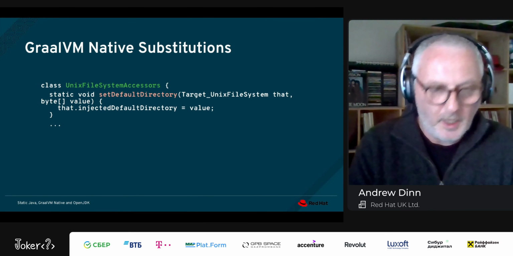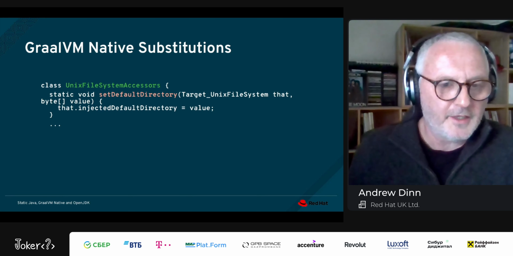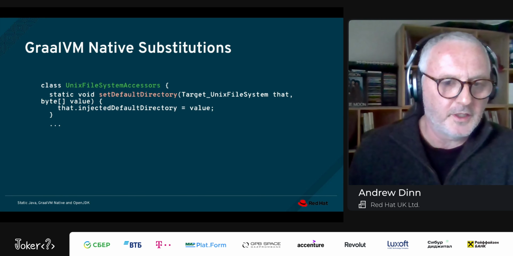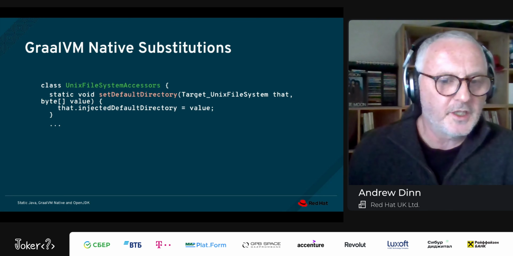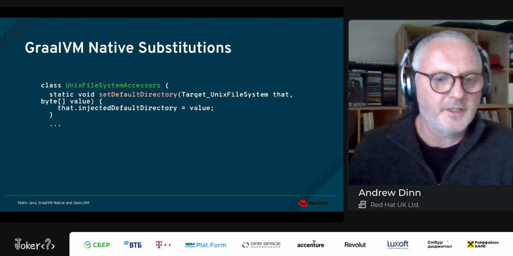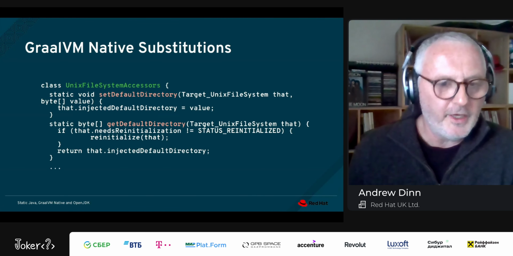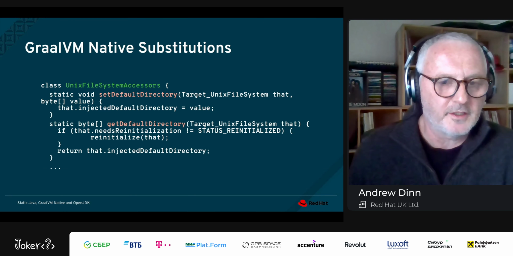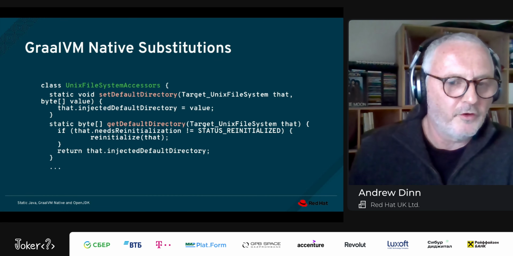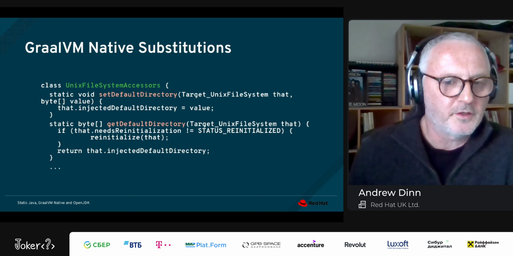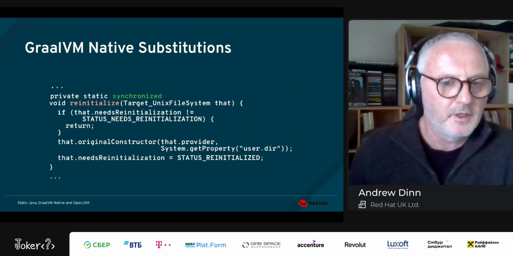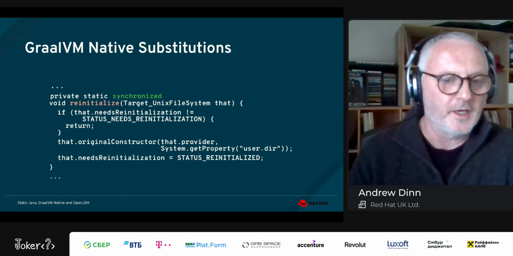Okay, so that's fine. What do the accessors do on this auxiliary class, Unix file system accessors? The setter, when it's asked to set, say, default directory, will actually set the injected field. So we're sidestepping the data to the new field. What about the getter? The getter reads the field we've sidestepped the data to, but before it does, it sees whether this is the first call or not. Have we been reinitialized? If not, it calls a reinitialize method. And what the reinitialize method does is